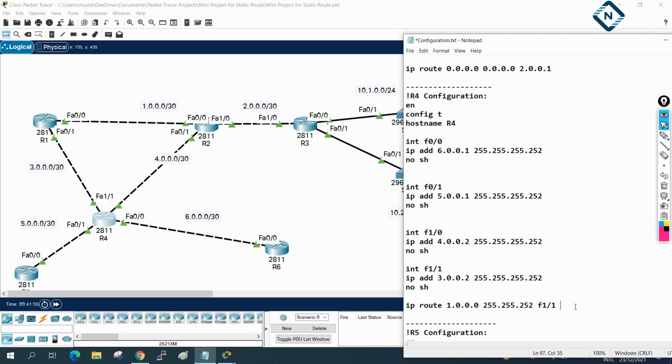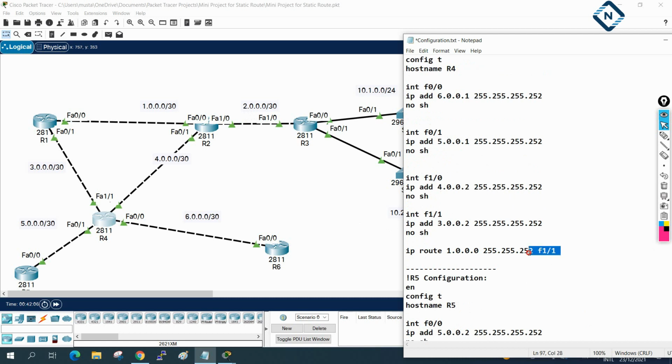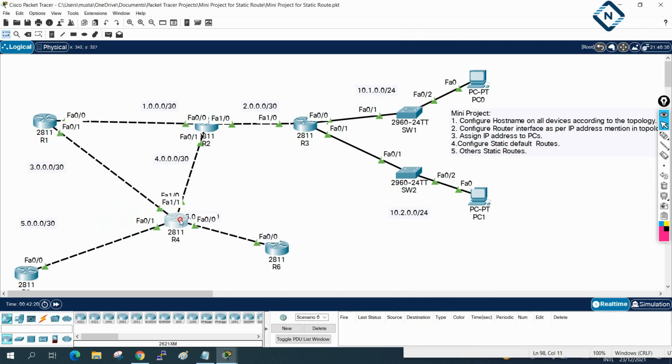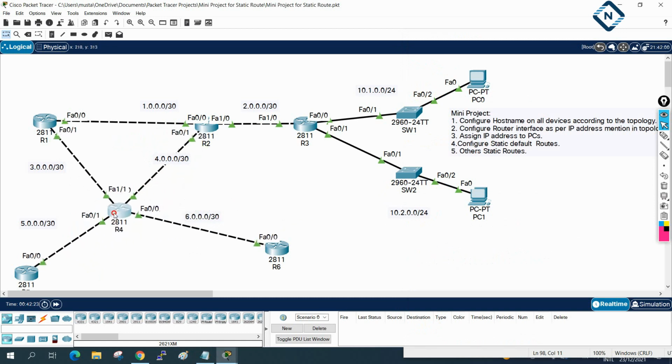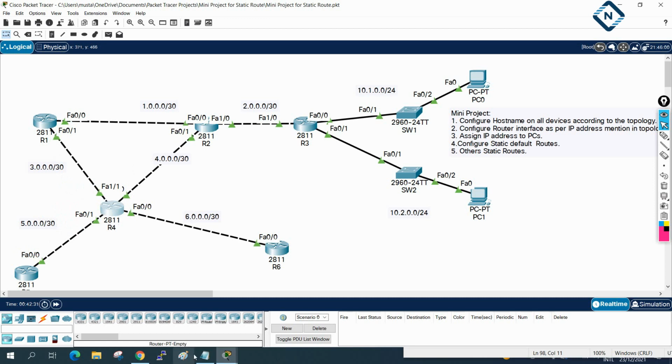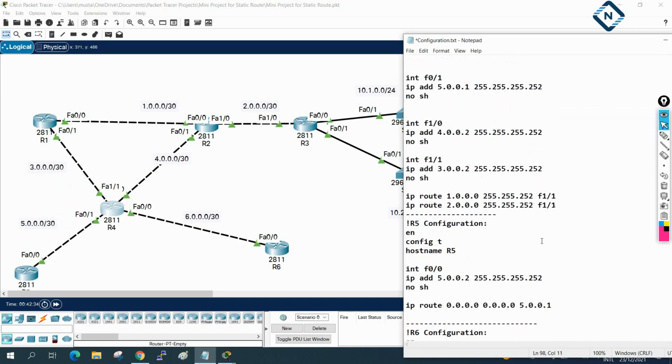And then we can see what other routes we have. One we defined, now we have the 2 also, if anyone wants to go to this one. So I will copy this whole thing, I will paste here, and I will change this to a 2. If anyone wants to go to 2, we can send the traffic from this interface. So what is the interface? F1/0. Let me show you this F1/0. This interface name is F1/0 here. So here I will say where is the R4 F1/0.